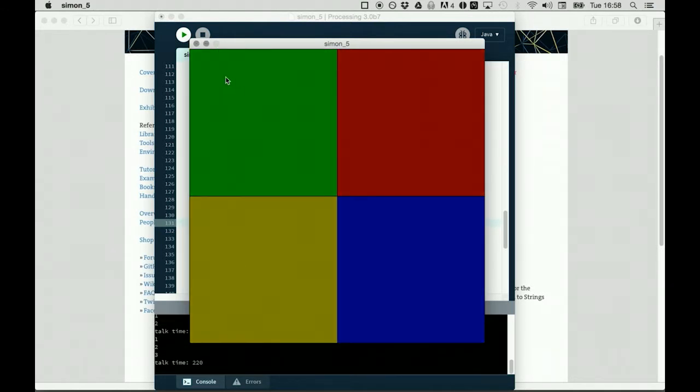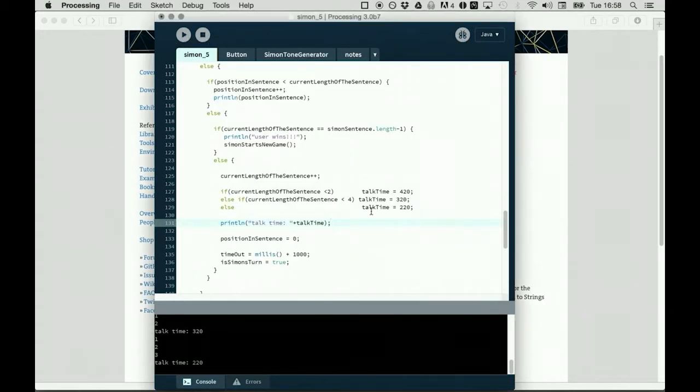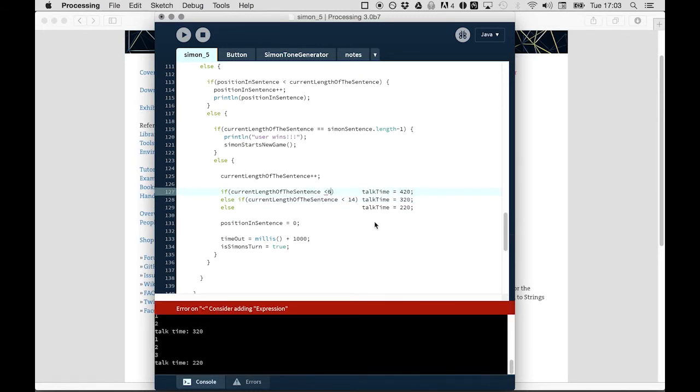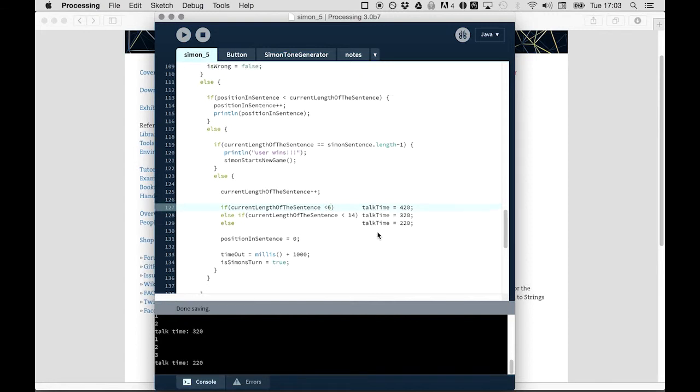Yeah, see, it worked. So it went faster and faster. You can see the talk time here becoming faster. Revert these steps. So this is programmed. Well, one extra thing I would like to do is give some